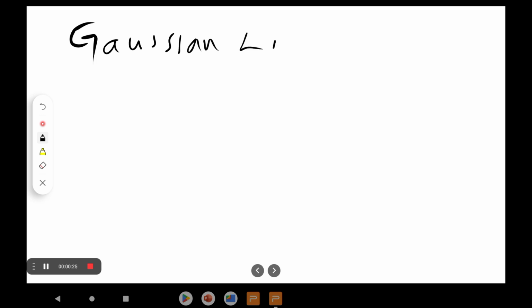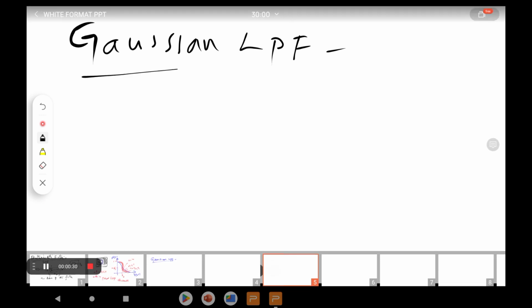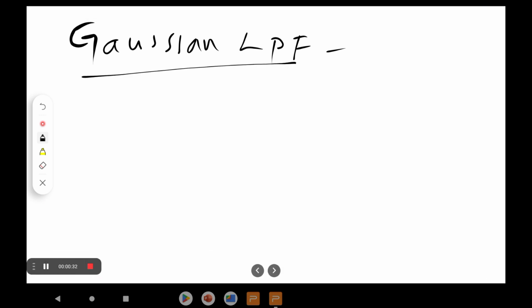In this video, we are going to see another type of low pass filter, that is nothing but the Gaussian low pass filter. So the Gaussian low pass filter transfer function can be represented as H of u comma v is equal to